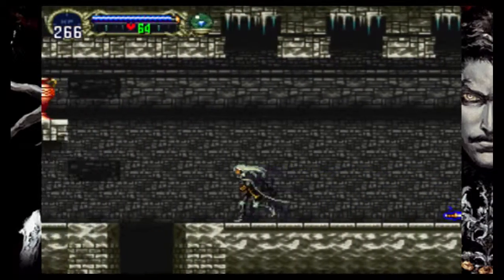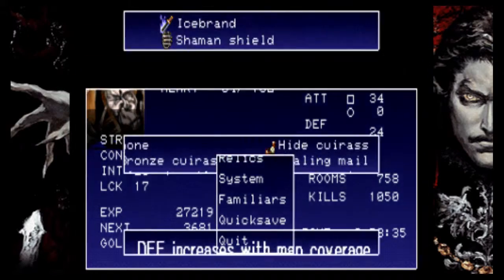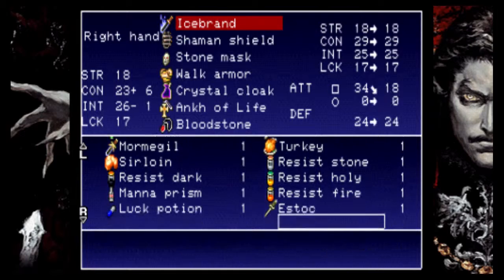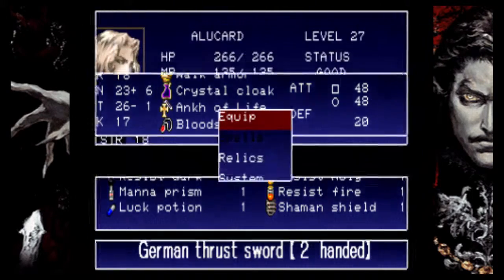Nonetheless... don't really want the Devil Dagger. What's this? S-Stock. That's a Dark Souls weapon. Well, I guess technically it's just a weapon. And Dark Souls was a long time after this. German Thrust Sword. Two-handed. 48 damage. Let's give that a try, because we don't...